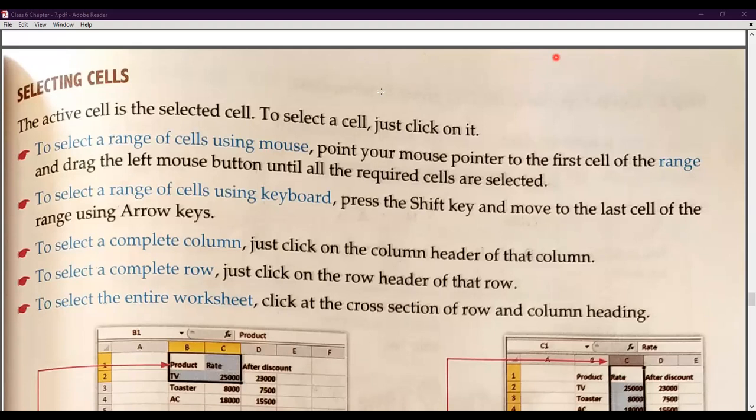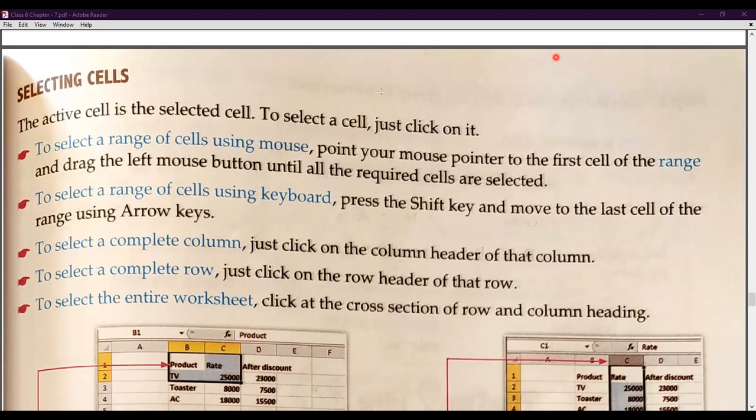We are doing our chapter number 7, which is about Introduction to Excel 2010. So far, we have discussed several aspects of this chapter. I have told you about how to use the name box, how to use the navigation in Excel, and how you can get familiar with Excel 2010. Now it's time to understand the new topic, which is about selecting cells. Selecting cells means how you are going to select a particular cell, a particular row, a particular column, or a particular entire worksheet. So now we are going to start this.